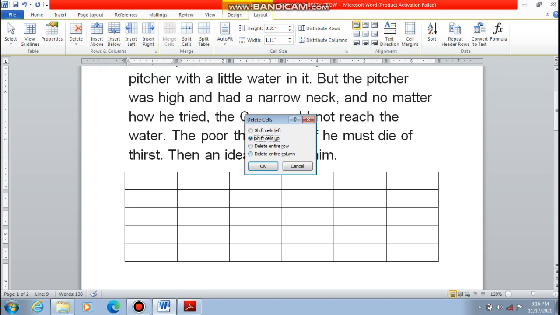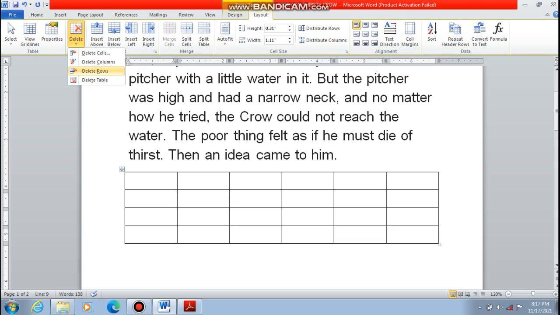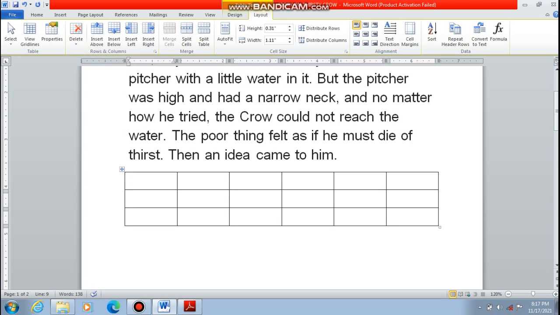Whatever cell you select, that will be deleted. The next is delete row. You want to delete the row. Just a minute, why didn't it delete the row? Okay, now you can see the row is deleted. From 5, how many are left? 3 rows will remain. If you want to delete the column, you can delete it from here. The column is deleted. So this is how you can delete. So you can enter text in a table, or you can delete a table.